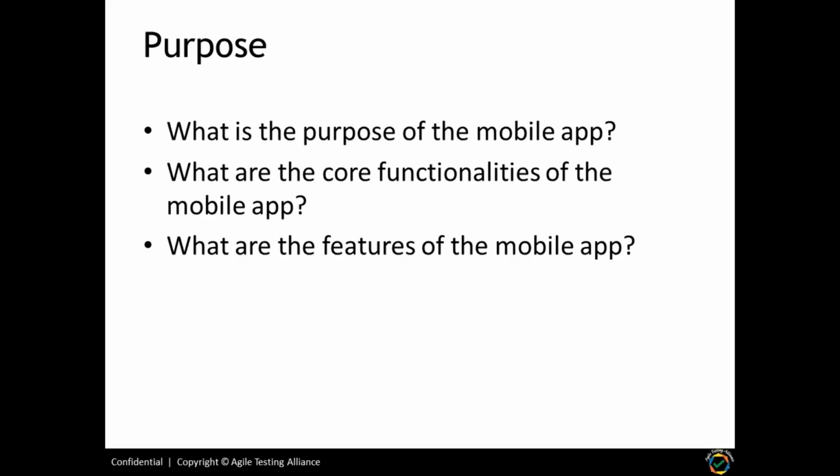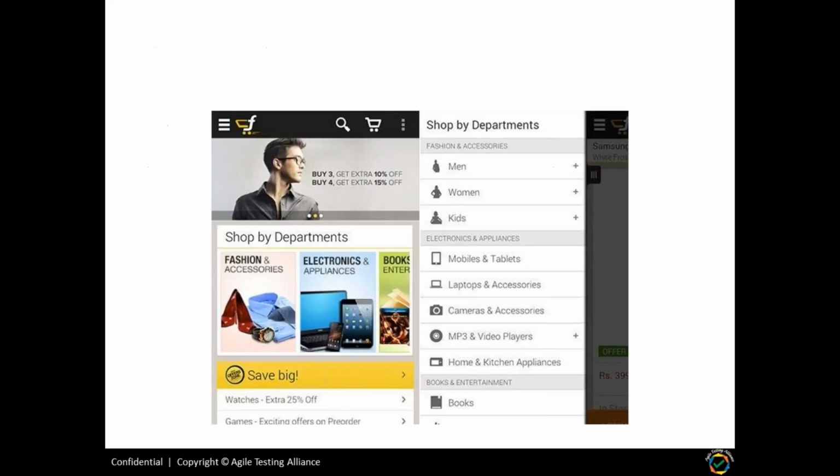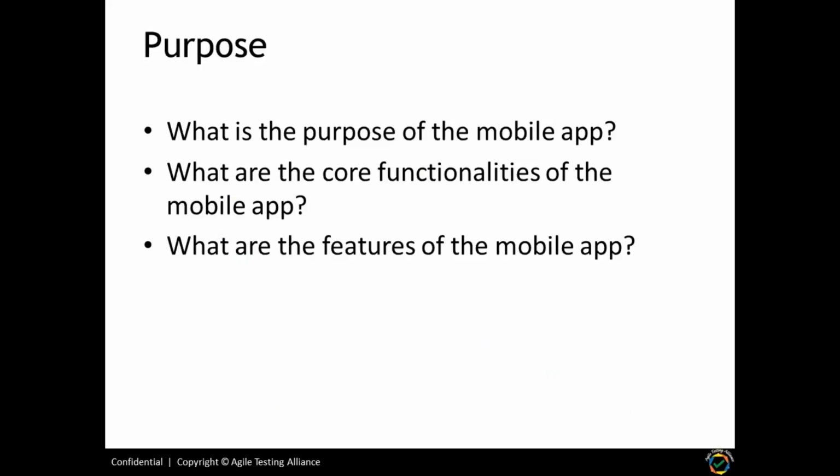So if Amazon comes with a new feature, Flipkart will always try to add that feature. So features will always be getting updated, but the core functionalities and the purpose will always be the same. Similarly, if you go for the Uber or Ola app, the base purpose is booking a cab. Apart from that, the core functionalities are that you can select the cab you want, and price search or no